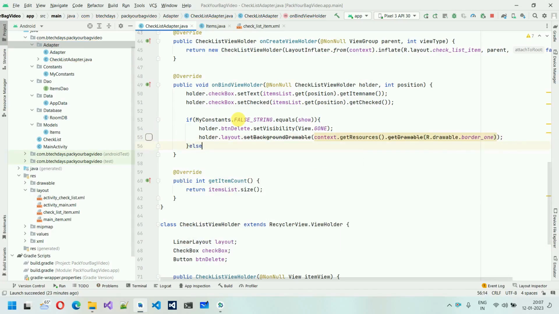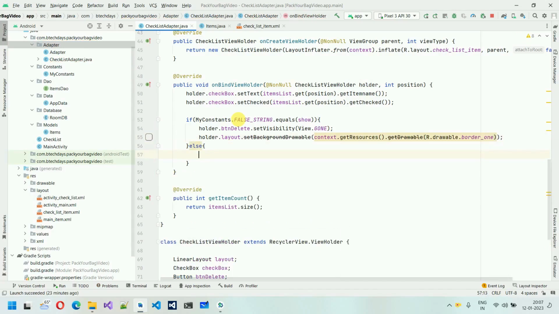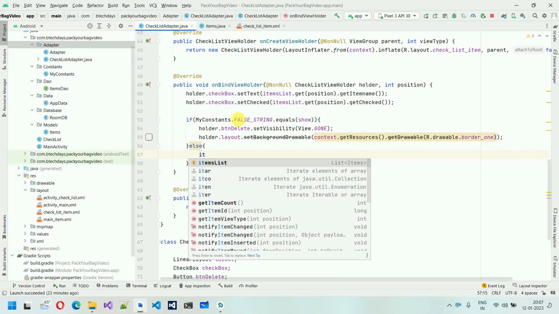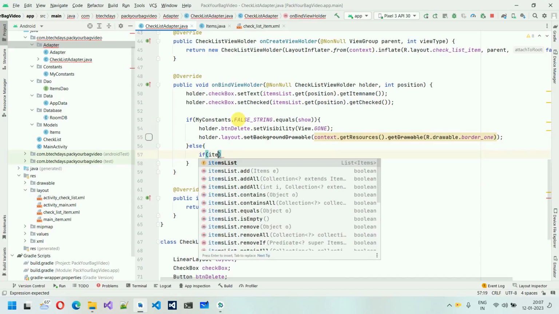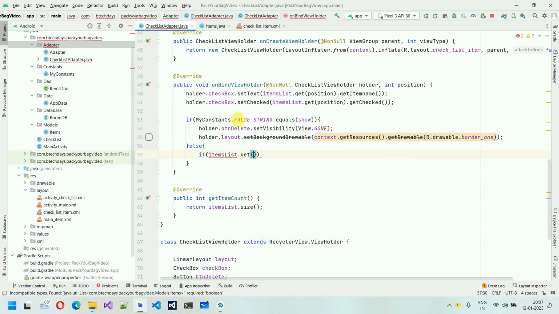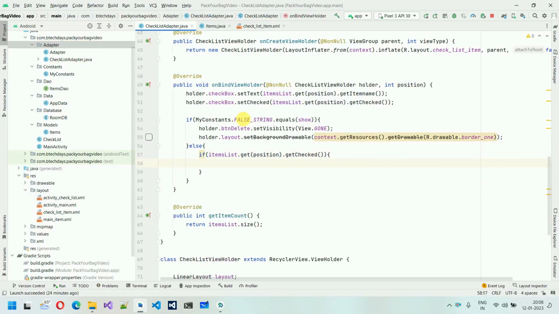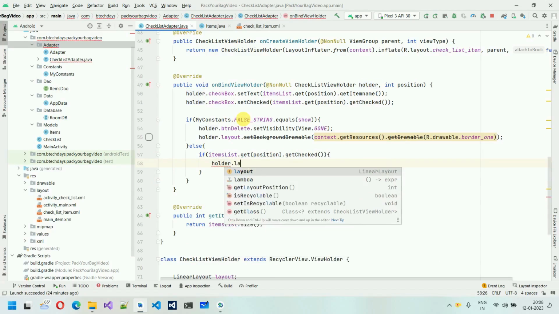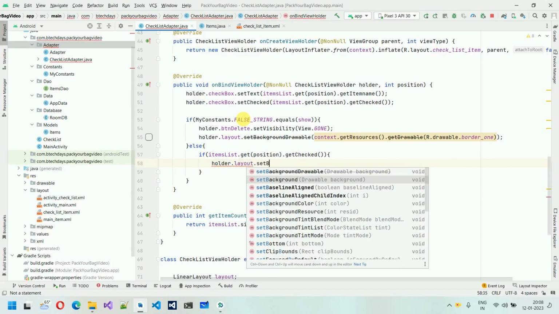In the else condition, what we have to do is we have to check if item list dot get position dot get checked. In that situation, what we have to do is we have to set holder dot layout dot set background color,